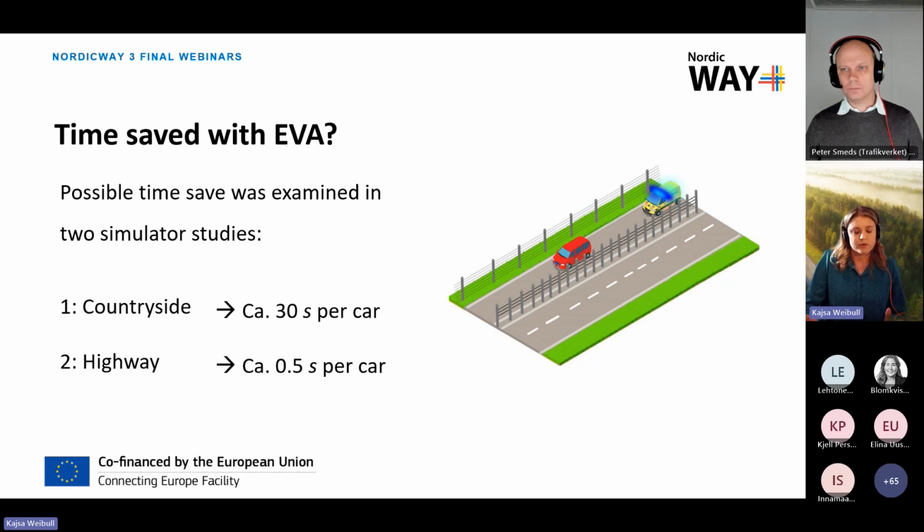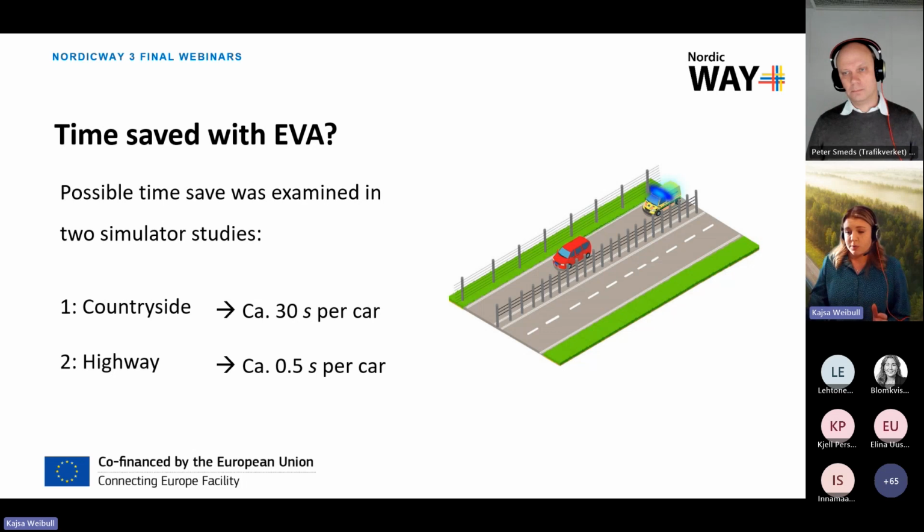In this experiment, the drivers were driving on a very curvy and hilly road, and it was quite hard to see because there were a lot of trees around. They were also listening to music, and they were in a bit of a rush. In this scenario, we estimated that we could save about 30 seconds per vehicle that gets this EVA warning, because it was a very difficult situation where it was difficult for the driver to move over in a safe way. So that is one extreme scenario, but it's not an impossible scenario, so to say.